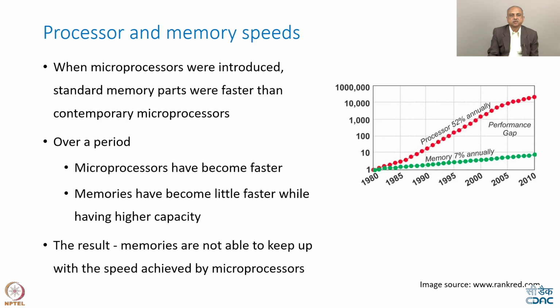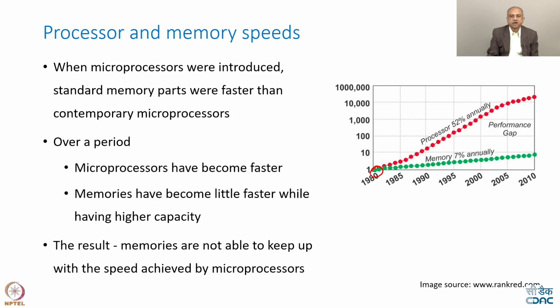Now, let us look at some of the things that have happened historically. When microprocessors were introduced, the standard memory parts were faster than the contemporary microprocessor, meaning that if the microprocessor needed the data, let us say in 150 nanoseconds, the memory could provide it within 120 nanoseconds. As can be seen here, the speeds of the memory and that of the processor are matching